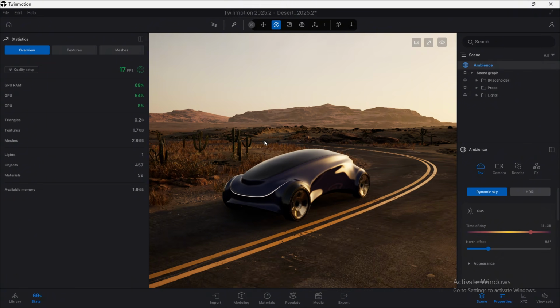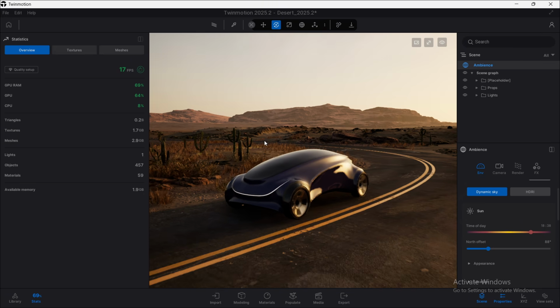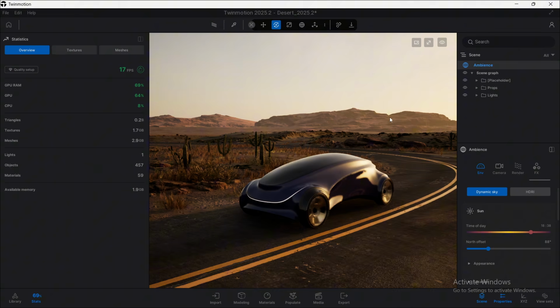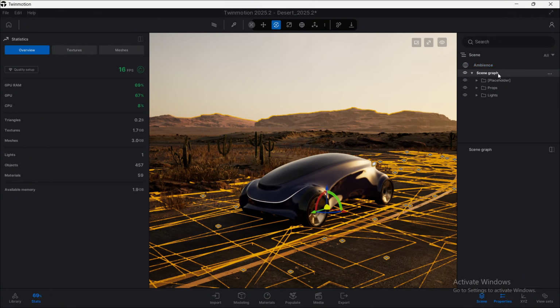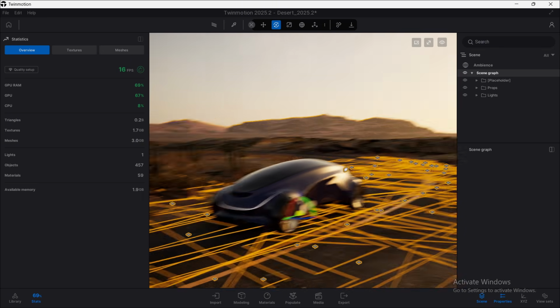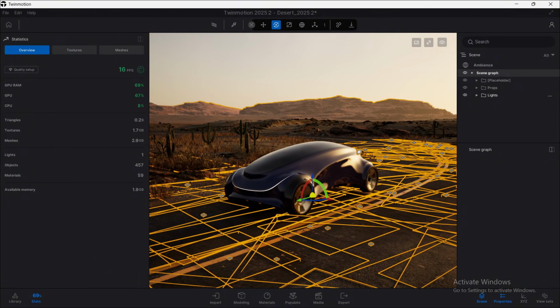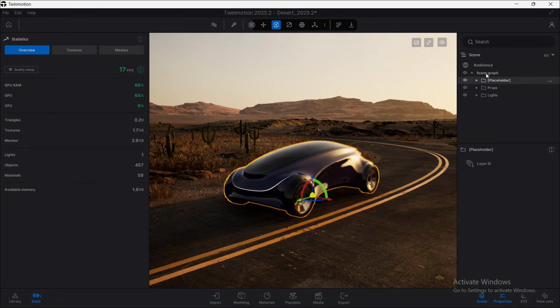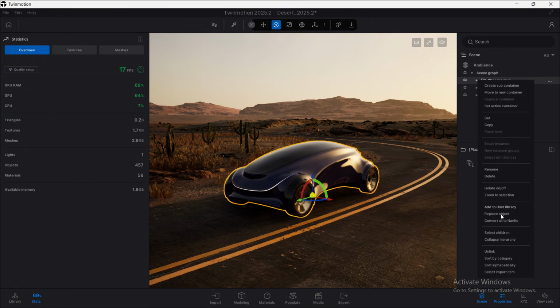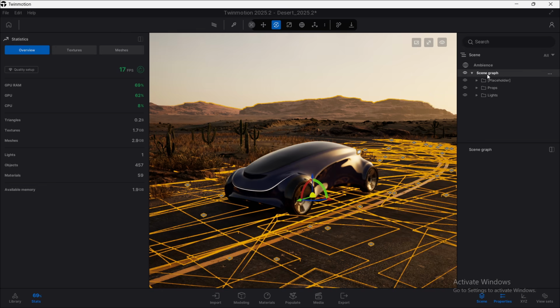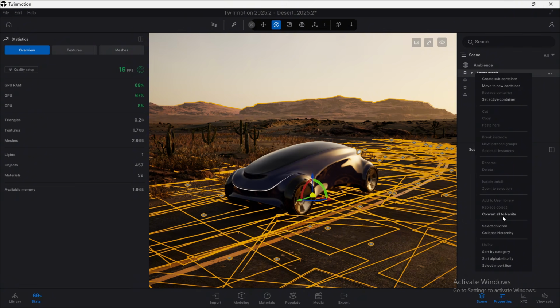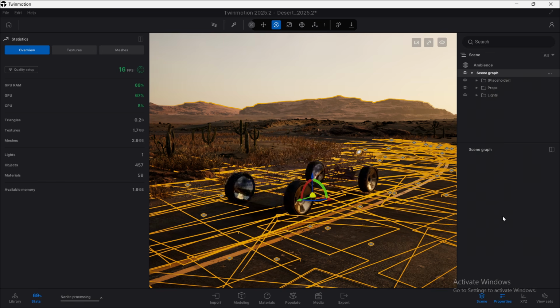And why is it? Because Nanite is a feature that will allow us to automatically optimize those objects that have high quality, high polygon counts. I'm going to right click here the scene graph to select absolutely all elements to show you the easiest way to enable Nanite. If we select all elements and we right click here, we can use the convert all to Nanite. We can do this either on a container like this folder we have here, convert all to Nanite, or if we do it in the scene graph element, it will select absolutely all the elements on the list. We click on the convert all to Nanite, which is a new button in this version, and it will start